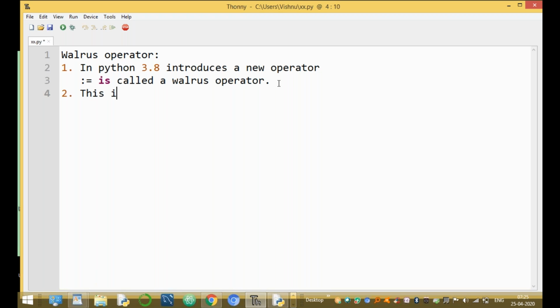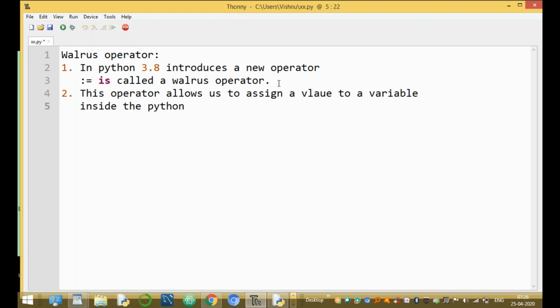This operator allows us to assign a value to a variable inside a Python expression.